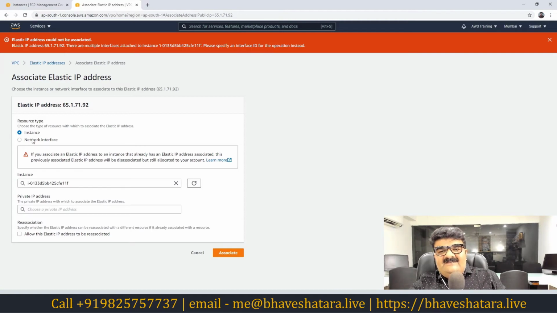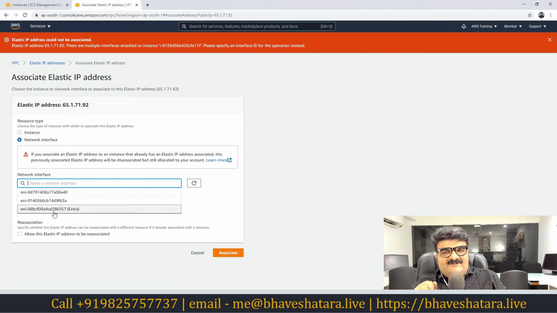So in this case, I have to select this network interface, and then I have to attach this network interface, right? And I already have this detail, this particular interface is connected with that particular no public IP EC2 instance. So I'm going to select the network interface. If you have only one network interface, you can connect it to the instance, just select the testing EIP and it will connect. But right now, since I have multiple, I have to specify the network interface only.